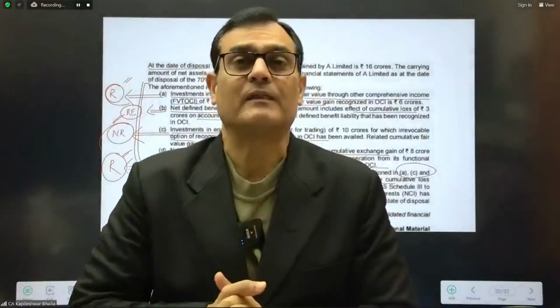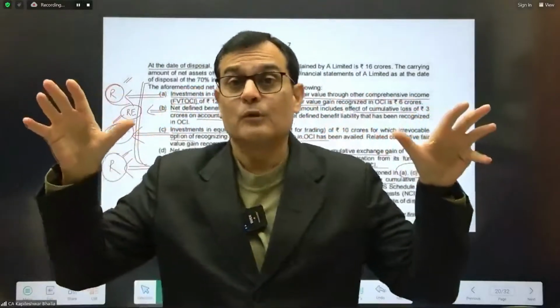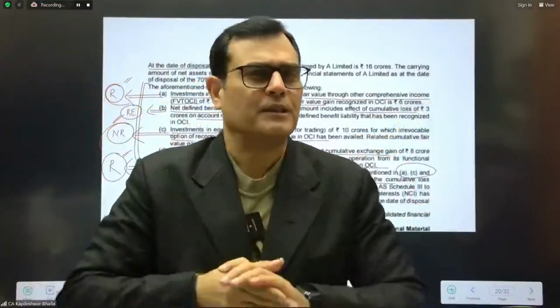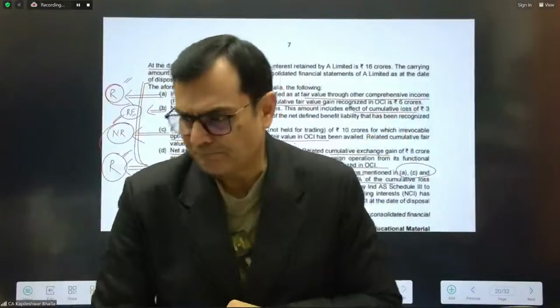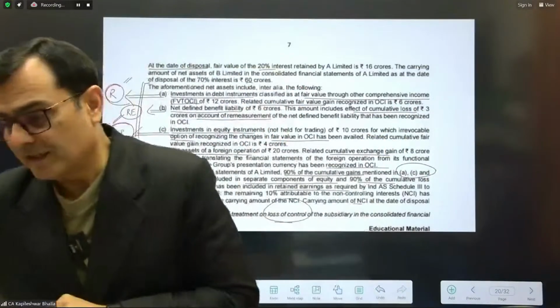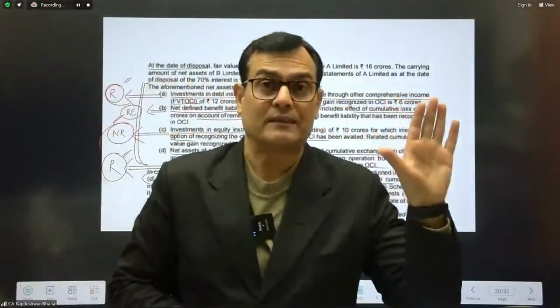I'll give you those details, not today, but when we come to financial instruments, I will explain the concept of the tab 1, tab 2, tab 3 in detail. I'll give you the movements as well, that what is done. Maybe I can give you some basic inputs at this stage, but detailed inputs will come later. So are you aware of these 3 tabs or not? Just let me know. If yes, then it's okay. If no, let me at least give you some inputs so that we get started on this question.